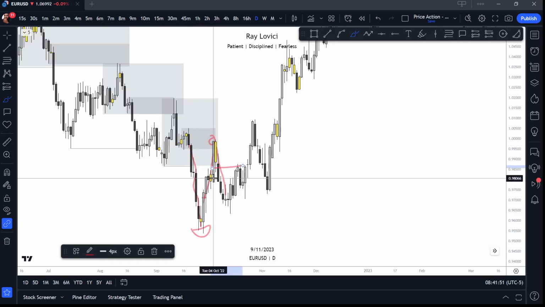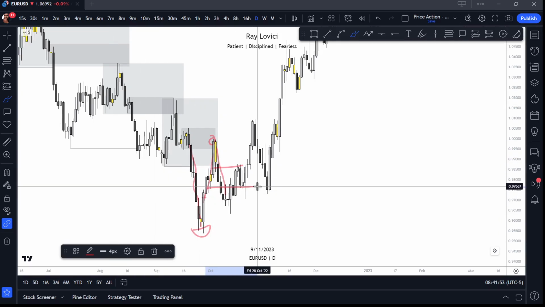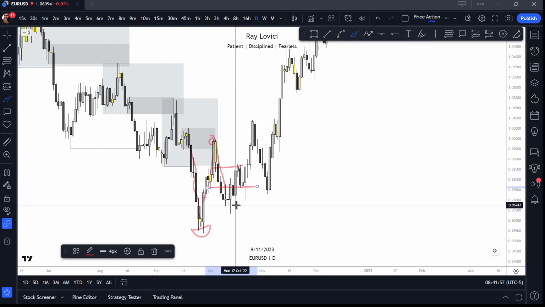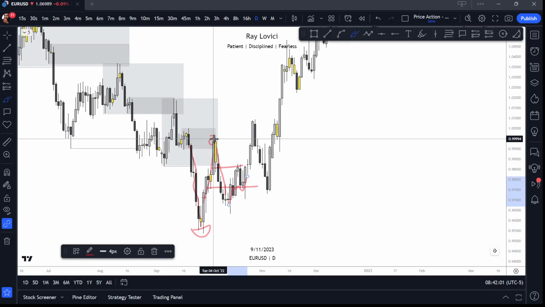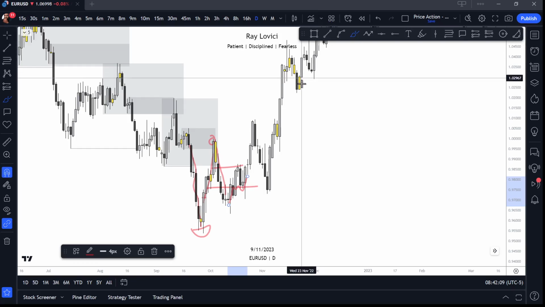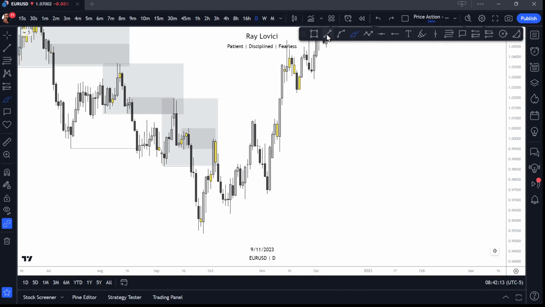Probably closing positions partially along the way, or literally taking partials and holding positions into lower pricing and then seeing how price reacts. When price starts to do this, even though this is, let's say, an IOS. So this is an IOF. This is internal order flow shift, or IOS, sorry. IOS. So this would show me some kind of indication that look, now I'm having levels of internal demand because